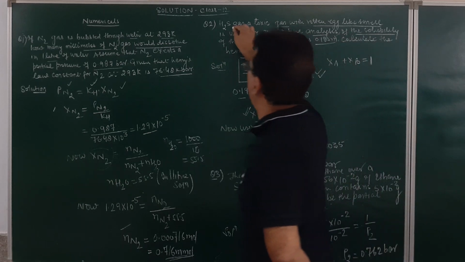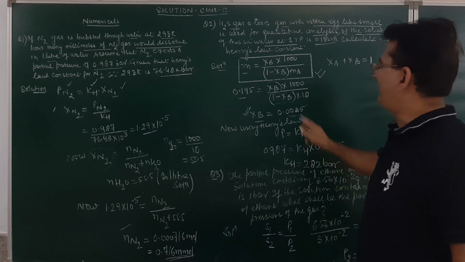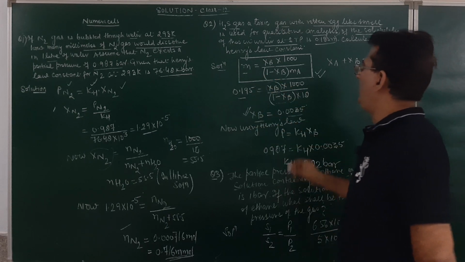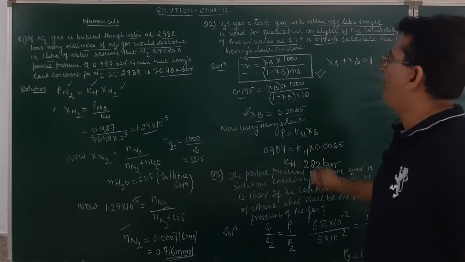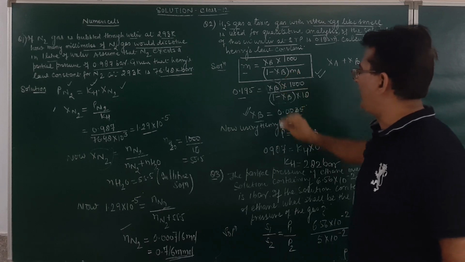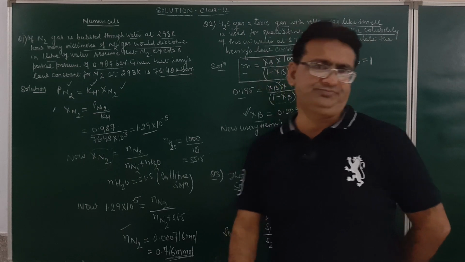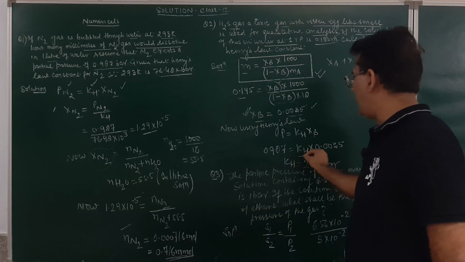And what is the solute over here? Hydrogen sulfide gas. Is it clear? So you must remember the formula of the relationship between molality and mole fraction. Molality will be equal to xb into 1000 upon 1 minus xb into molar mass of the solvent. On solving it out, the value of xb will be equal to 0.0035. Yes. Now from here we can find out the Henry's law constant value.